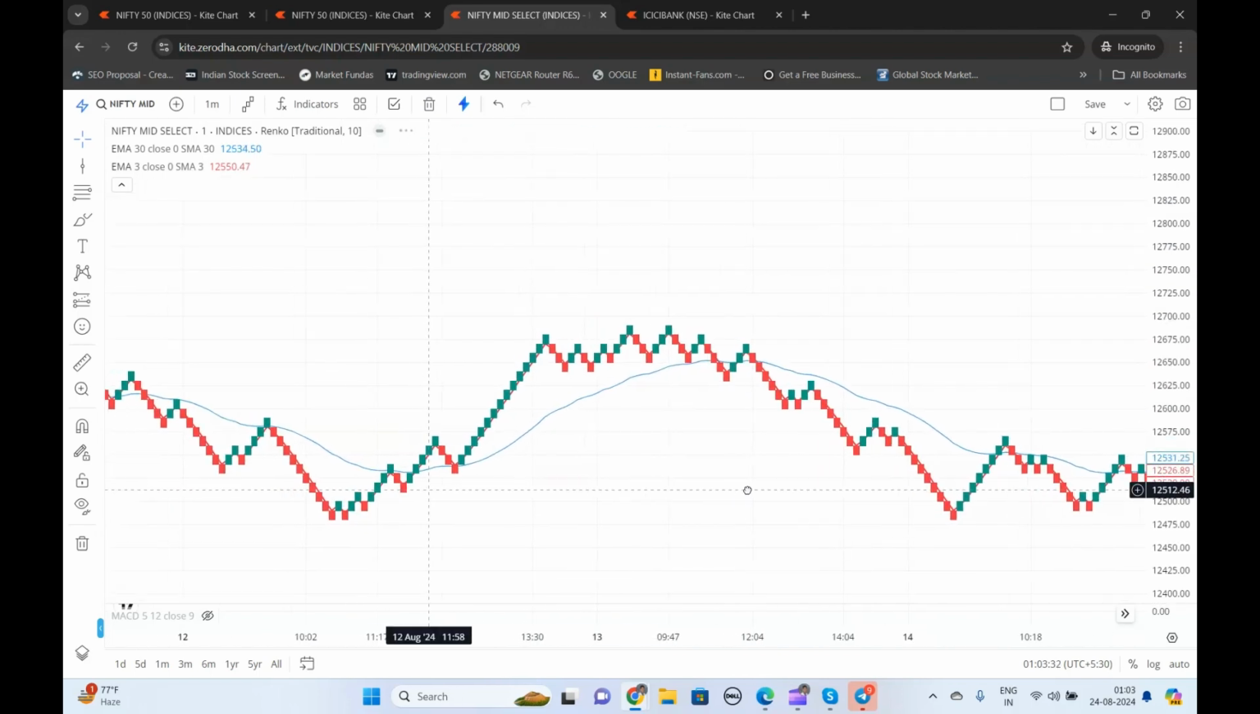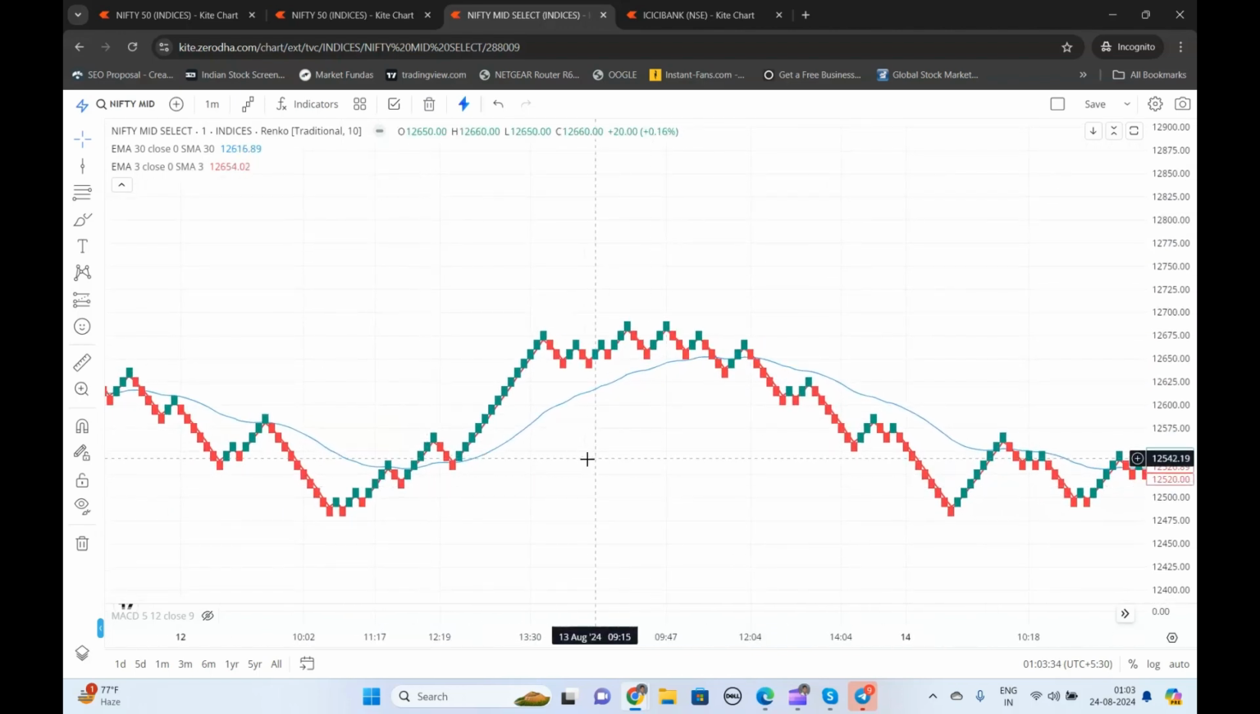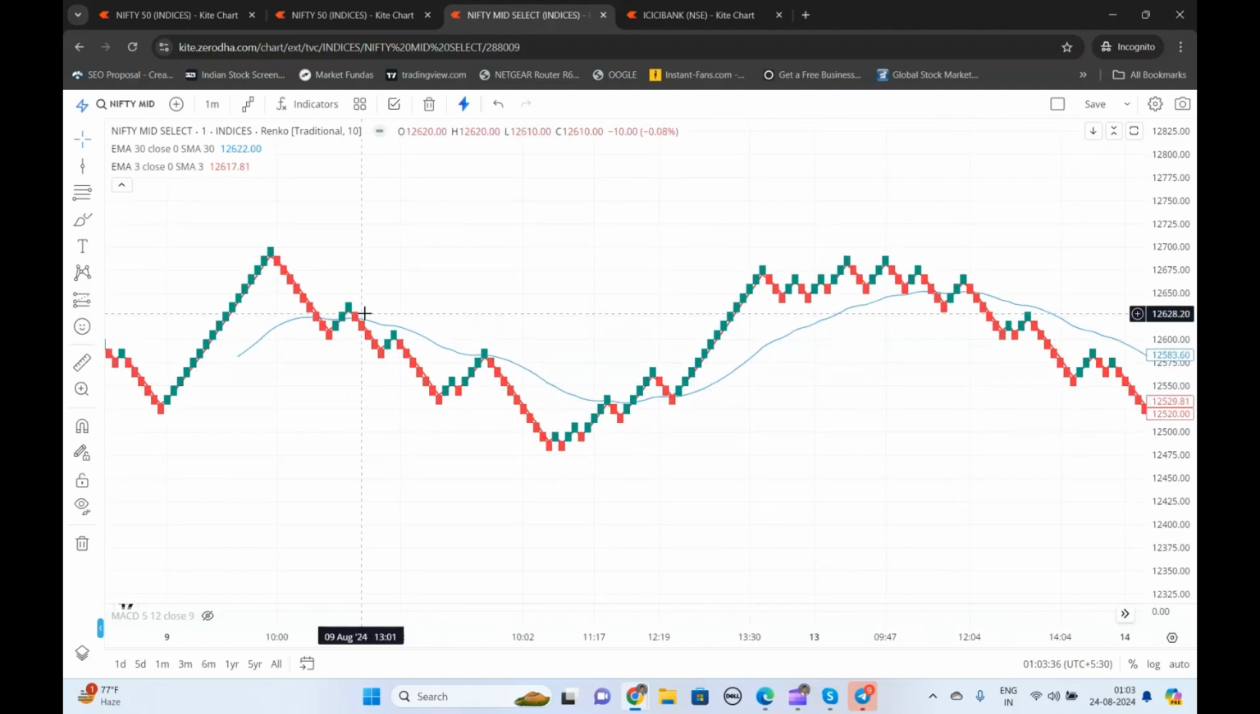In the same way, you can also short a position. See this, the blue line crossed the 3 EMA on the top, go short. You can go short, but ideally, if you see 2 red candles, you should square off. Okay,